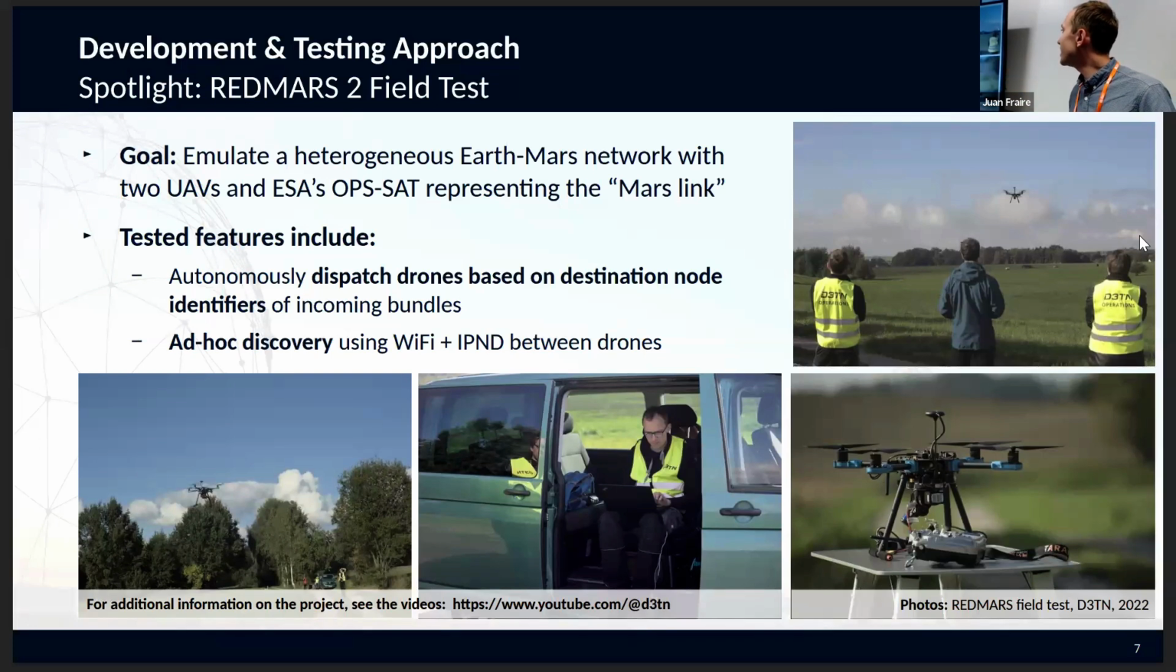To show some more details, some more pictures on that one test with the drones we performed. As you see, we did this on a field here to emulate a link to two autonomous drones that could be deployed on Mars, for example. We were emulating the satellite link using also ESA's OPSAT in that case, and included specifically some novel features of µD3TN